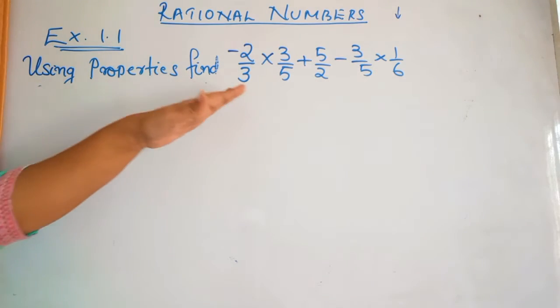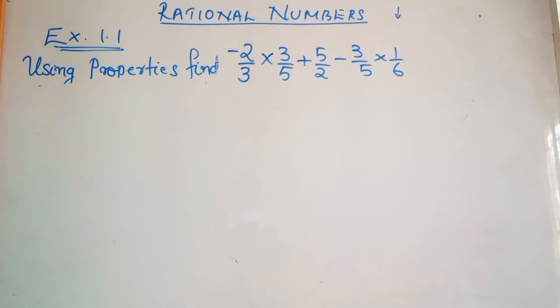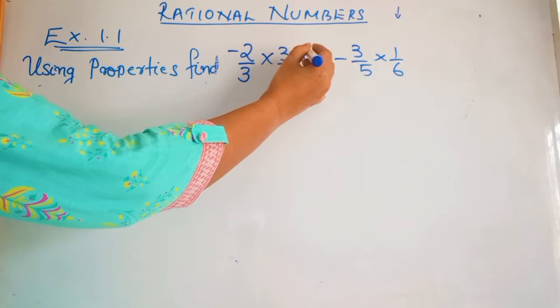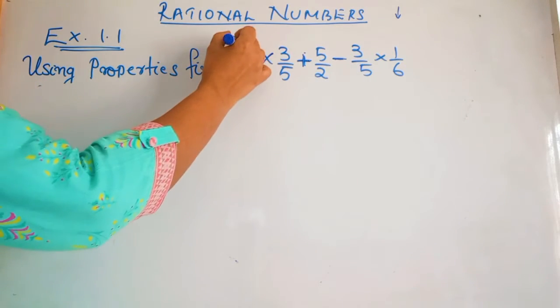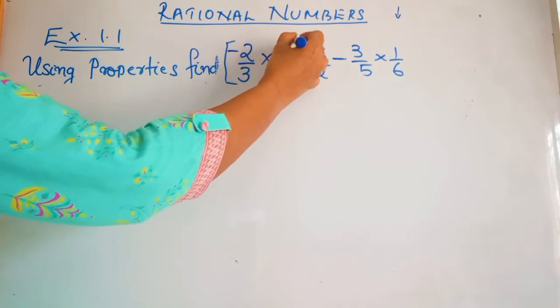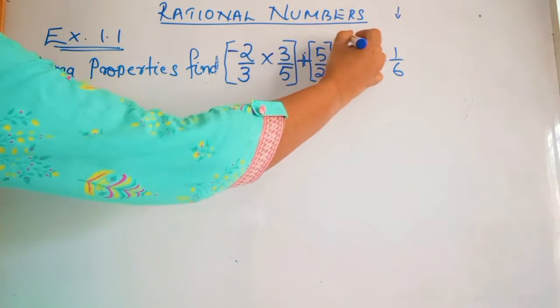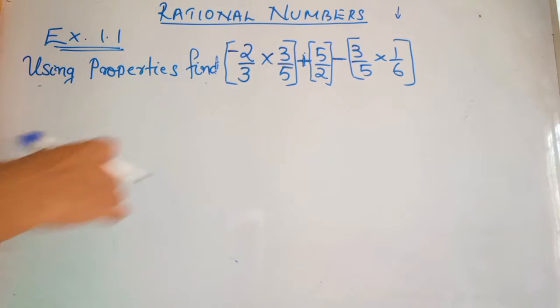So, how to do this is that first of all we need to identify the terms of this problem. Terms are separated by plus sign and minus sign. I'm identifying the plus sign. This is one plus and here one minus is there. So we can group these terms, and this is also another term and the next term. So in this problem we found there are three terms.